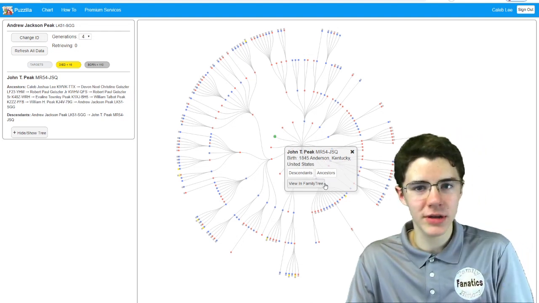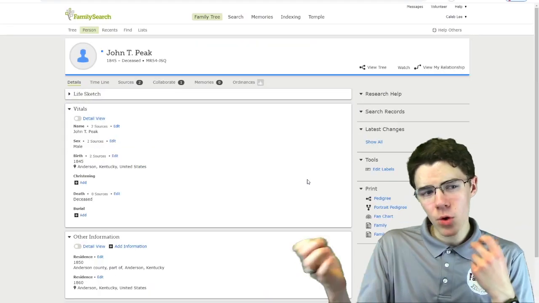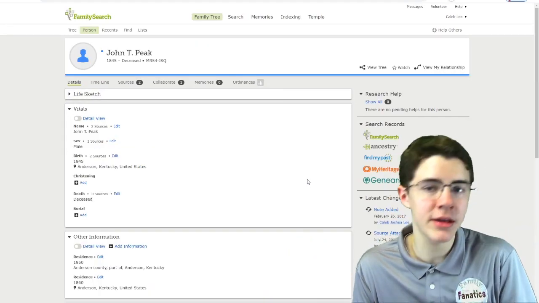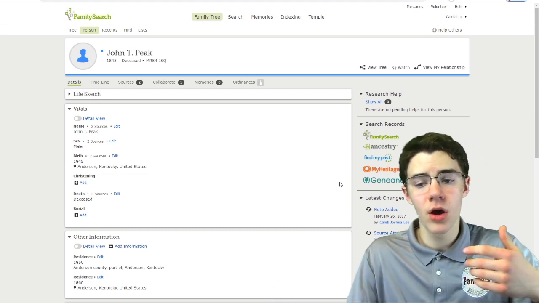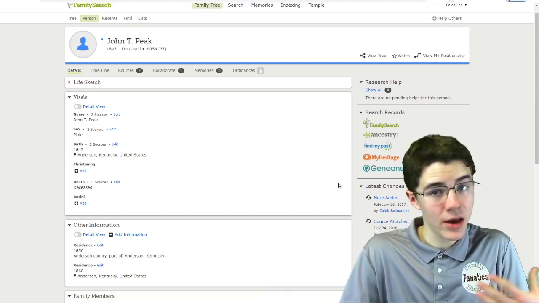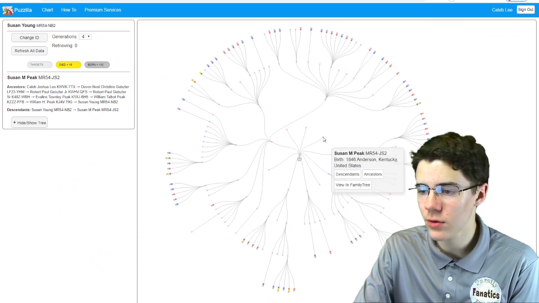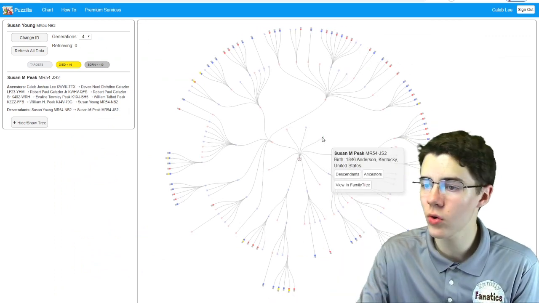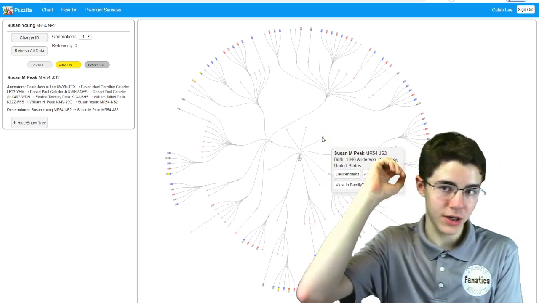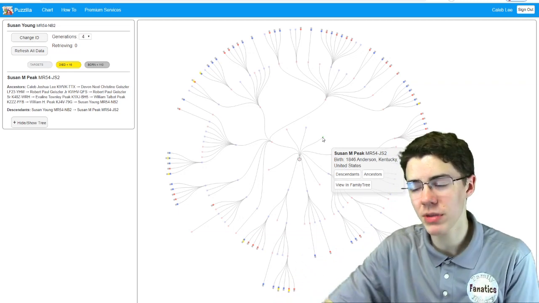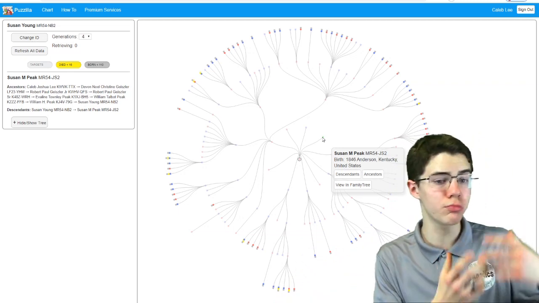So I should go and I should check out View and Family Tree and try to figure out, maybe a lot of research has been done and people have concluded, yeah, he never had kids or didn't do anything else. Or maybe he did have kids and we just don't know it. So that's basically all of Puzzilla. You can use it for a lot of things, for finding holes going up your tree, finding holes going down your tree, basically trying to figure out where haven't you researched and thus where you should put your time in